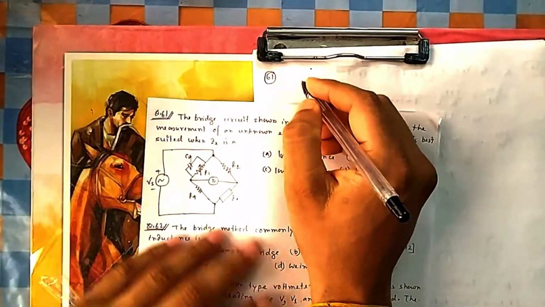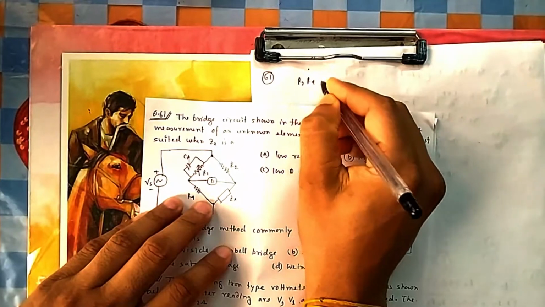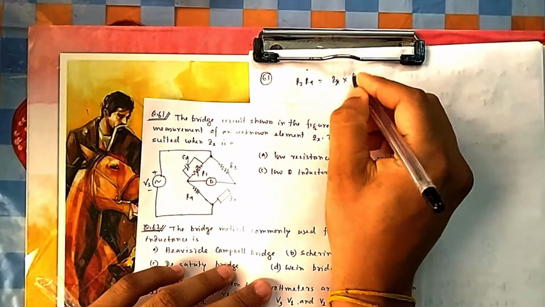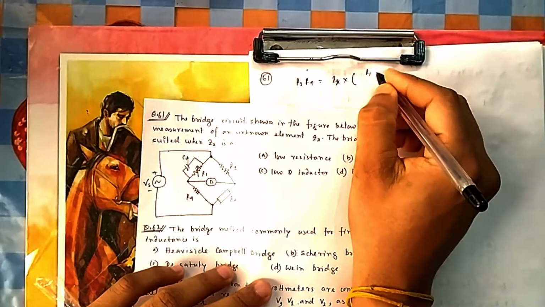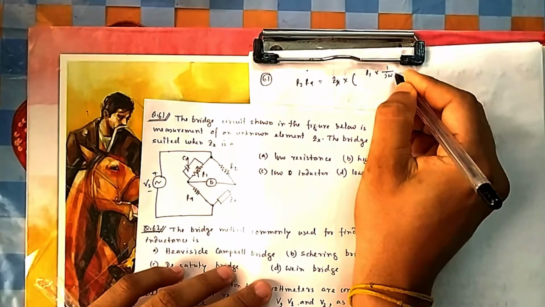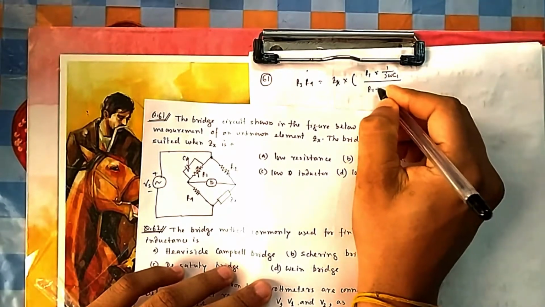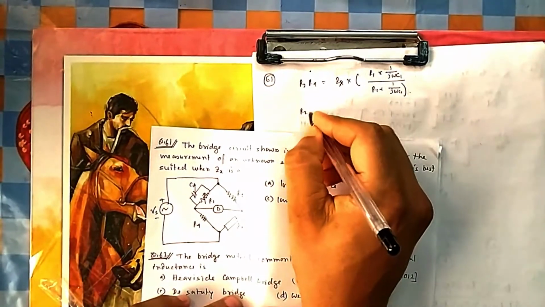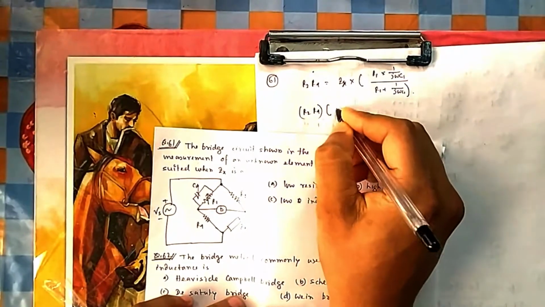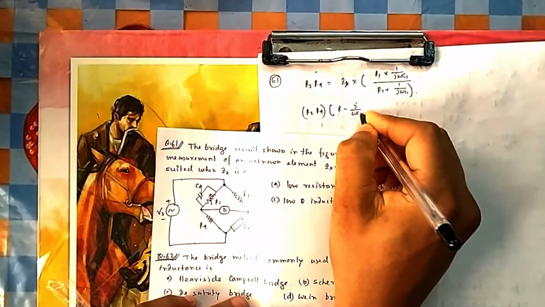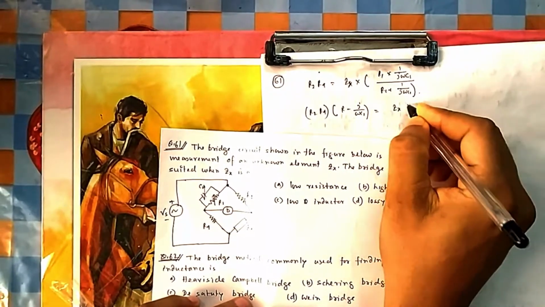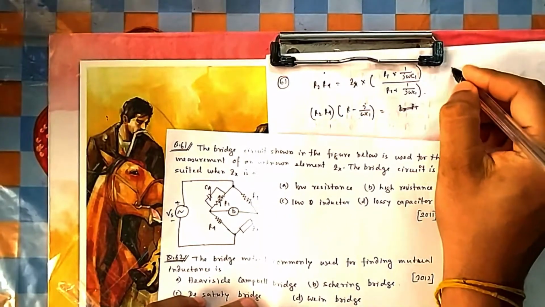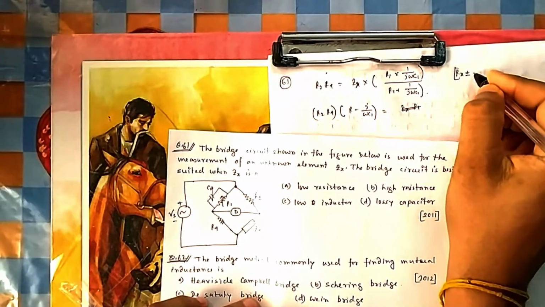So for the bridge circuit, you always do R2 R4, the opposite side should be the product of this one, then ZX multiplied by R1 in parallel with 1 by j omega C1, that is (1 by j omega C1) divided by (R1 plus 1 by j omega C1). So if you take this one to that side, it will be R2 R4, because we want to separate real and imaginary. So this side will be this one and this will be ZX into R1, and ZX for time being, suppose let me write it is RX plus minus jX.